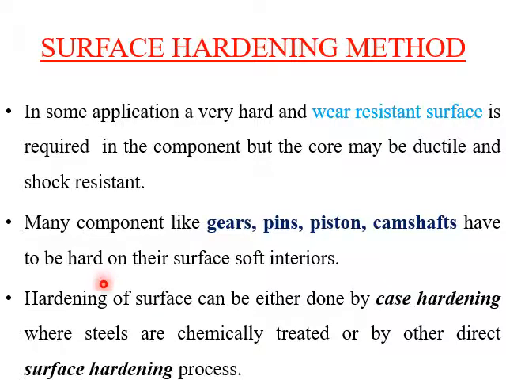The hardening of the surface is termed case hardening, or surface hardening. Case means just like mobile covers, which we call mobile cases. The case of the mobile protects the inner components of the mobile. Similarly, once we harden the surface, it prevents wear of the inner core with respect to the outer surface. We can even use these surface hardening methods for corrosion resistance purposes also.